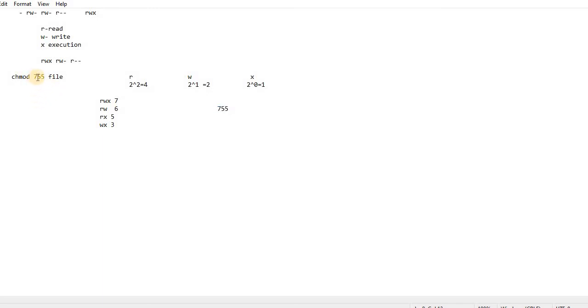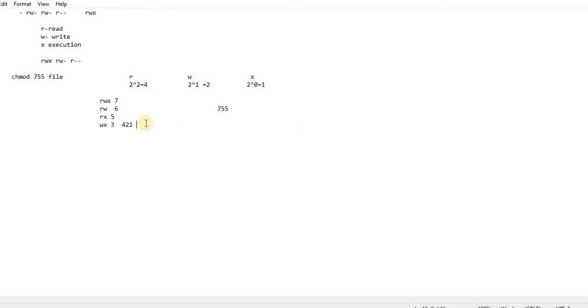In this, the first one is the permissions for the user, meaning the current owner. The second one is permissions for the users in the same group. The third one is for others. It's not like if you want to give read, write, execute, you have to give 4, 2, 1.